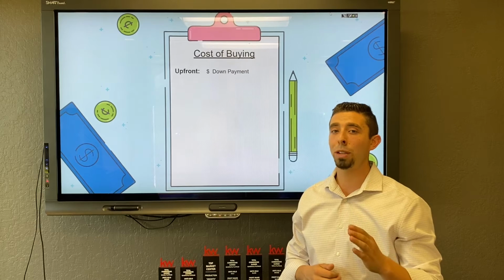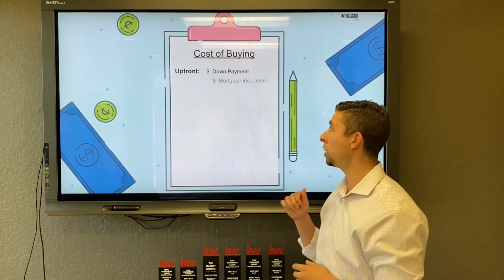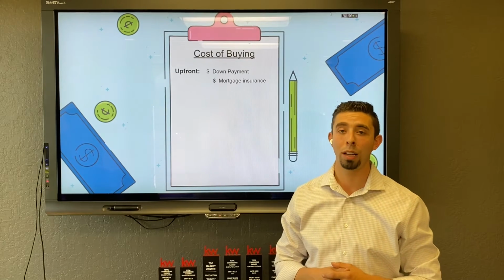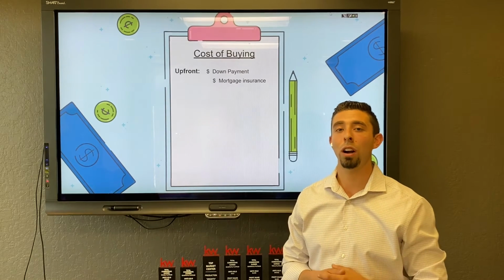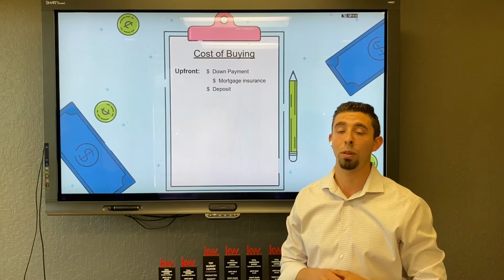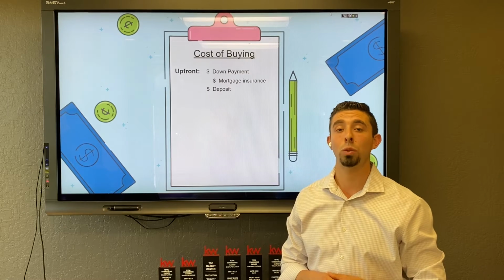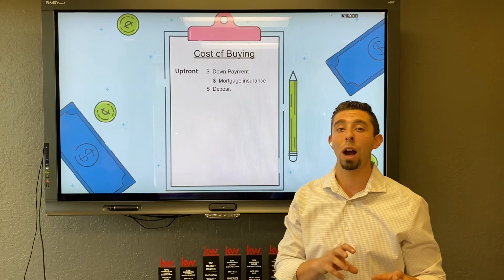Now, buyers beware. If you're putting in less than 20%, you will have to pay mortgage insurance, which is a monthly cost. Your second upfront cost is going to be your deposit. Now, your deposit is about 3% of your sales price. So if you're buying a home that's $900,000, $27,000 will have to be due within 24 hours of getting into